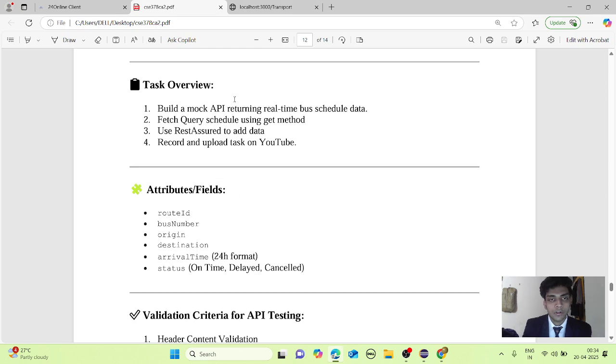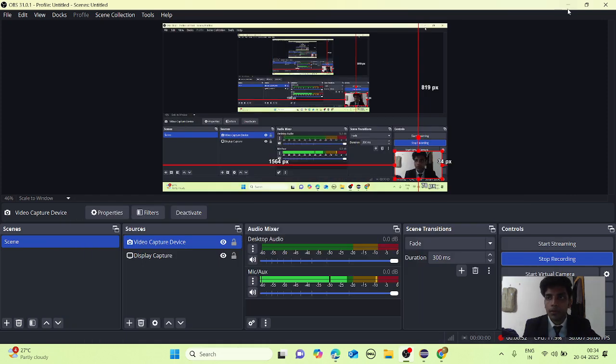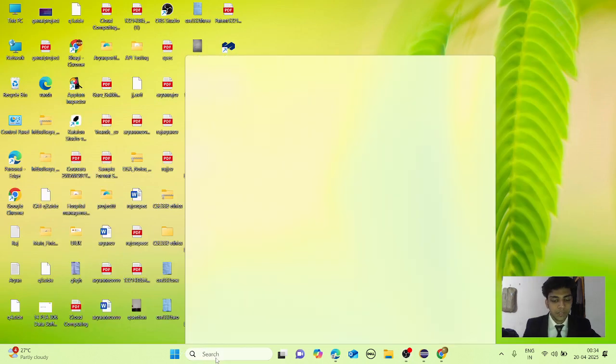So let's create the mock API. We can create a mock API through two options: first, directly through the command prompt, and second, using the Notepad text editor. Here, for my convenience, I am using the Notepad text editor.